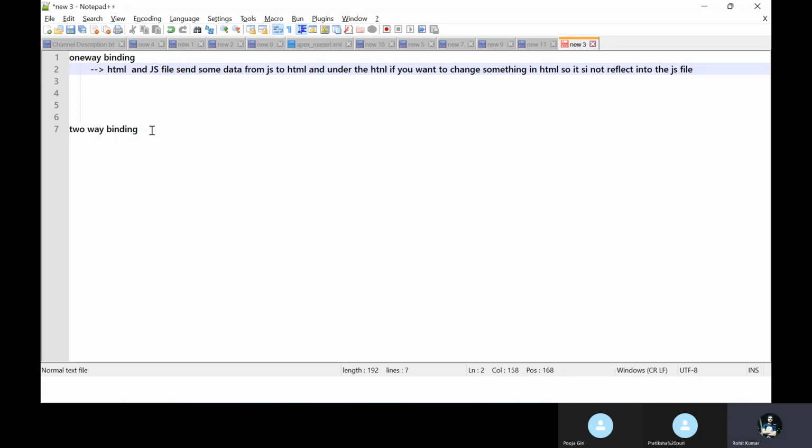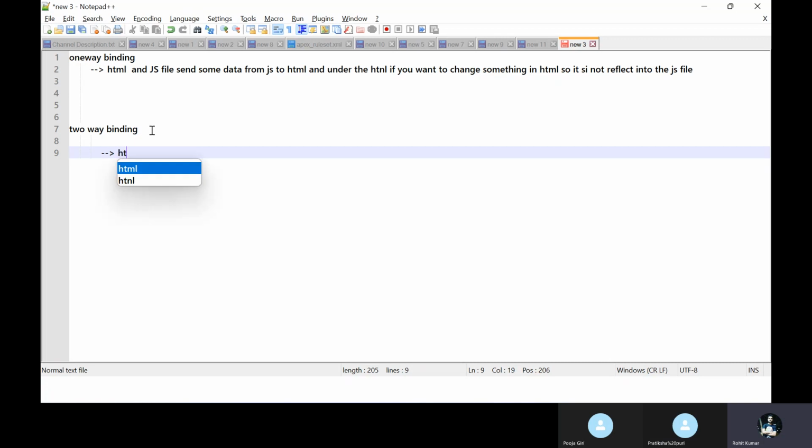And two-way binding. Yes, we can reflect from HTML to JS and JS to HTML, we can send data vice versa.